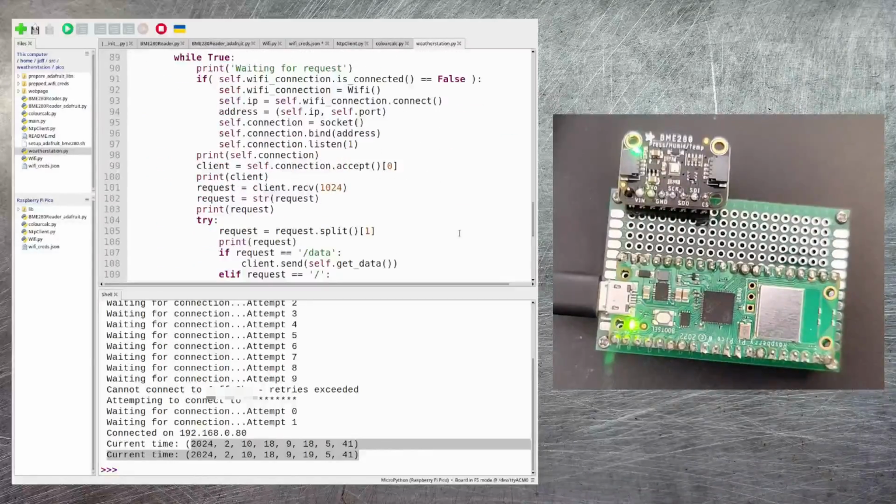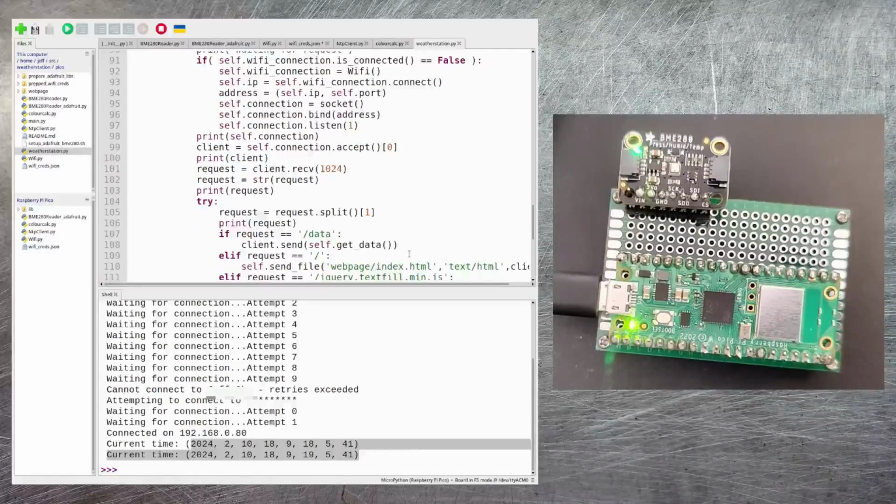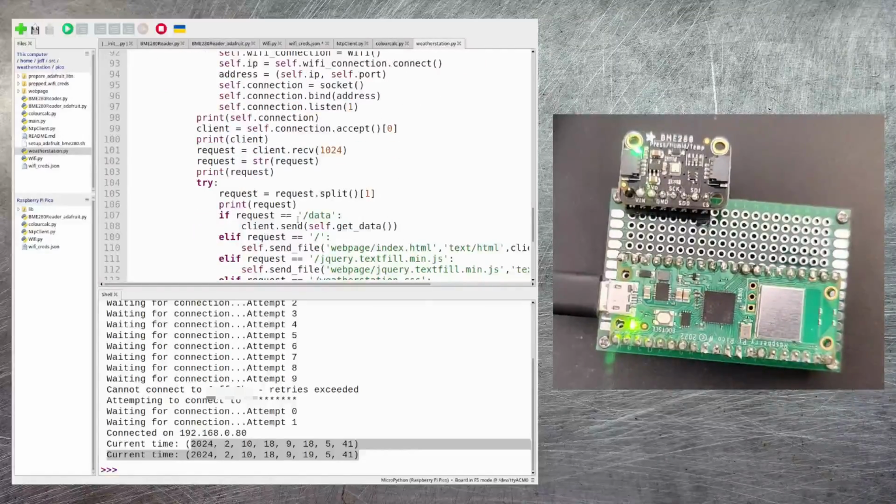If we look at the main section of the class, that's this serve method here. Now here what we actually do is we set up our own little mini web server. Following on from setting up the Wi-Fi connection, I then set up a socket to listen on our IP address on port 80, the HTTP port. It then just waits for connections to come in from browsers, and for those browsers then to send in requests for pages. I chop up that request so that I can get hold of the actual path that was specified